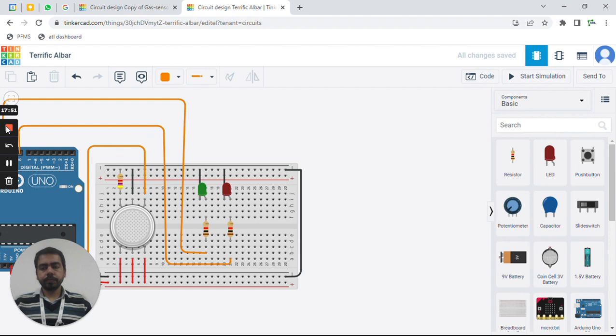So now I have connected the resistors. Because I have connected them, let's check again. Okay, now that sign has been removed from both LEDs. Okay, so thank you everyone, meet you in the next session.